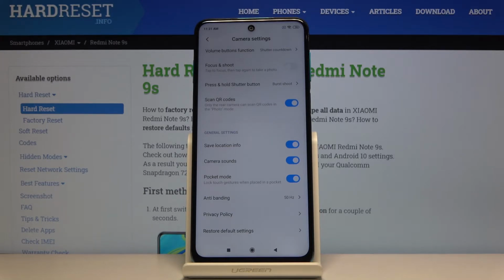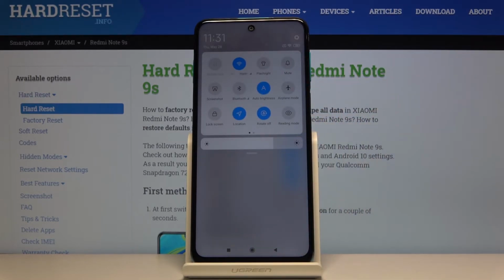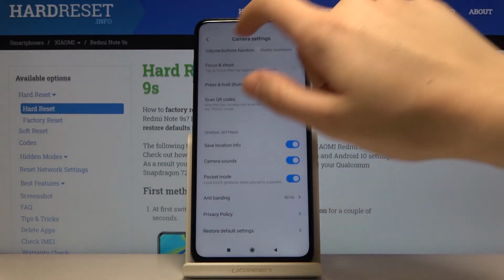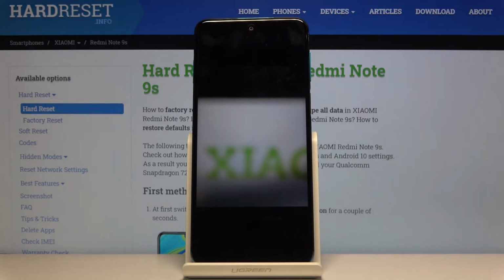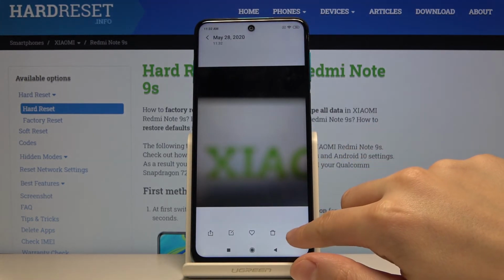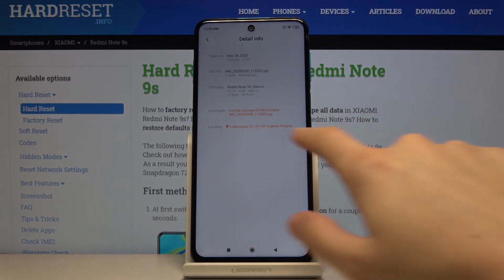When we want to turn it on, the important thing here is to make the connection with the internet, for example the Wi-Fi, and the location. And to show you how it works, I'm going to take a picture, and we go to the preview, and now to the details here of our picture. And as you can see here we have the location tags,